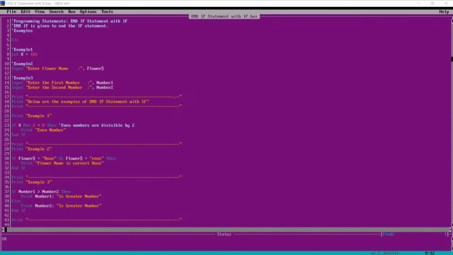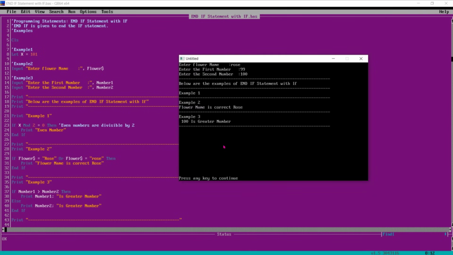So for example 1, because the condition is not met, it fails. And for example 2, flower name is correct rose, 100 is greater number, because there is no second condition, it is not printing, it is not satisfying this condition. So this way we use end if statement with if to end the if statement.